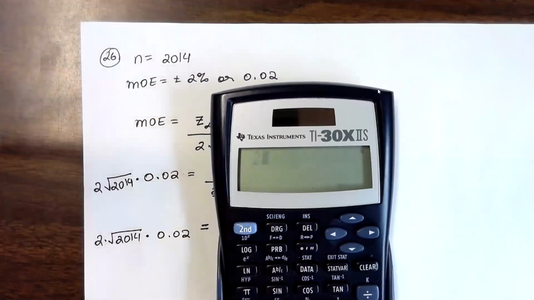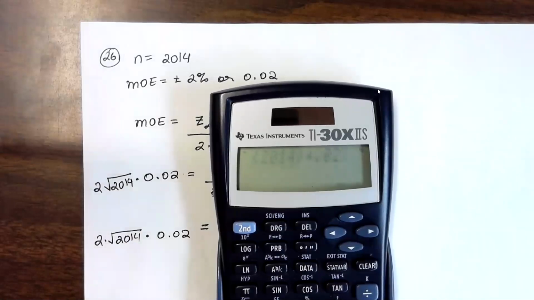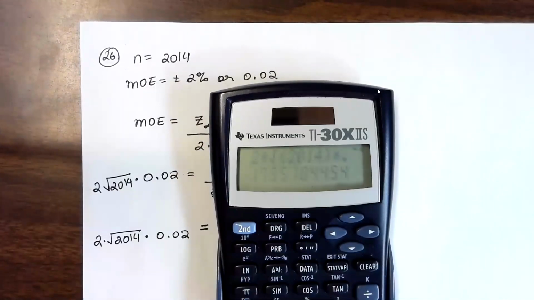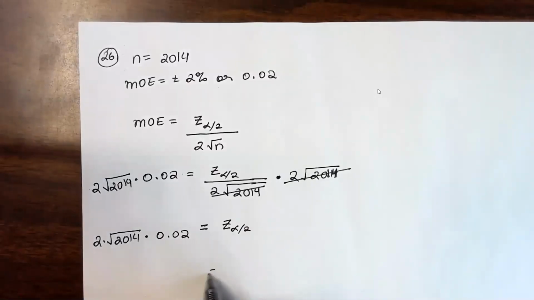So we are taking 2 times the square root of 2014 and multiplying that by 0.02. And if you can see this, it's coming out to be 1.795, right? So let me get rid of this guy here. And your z sub alpha over 2 is coming out to be approximately